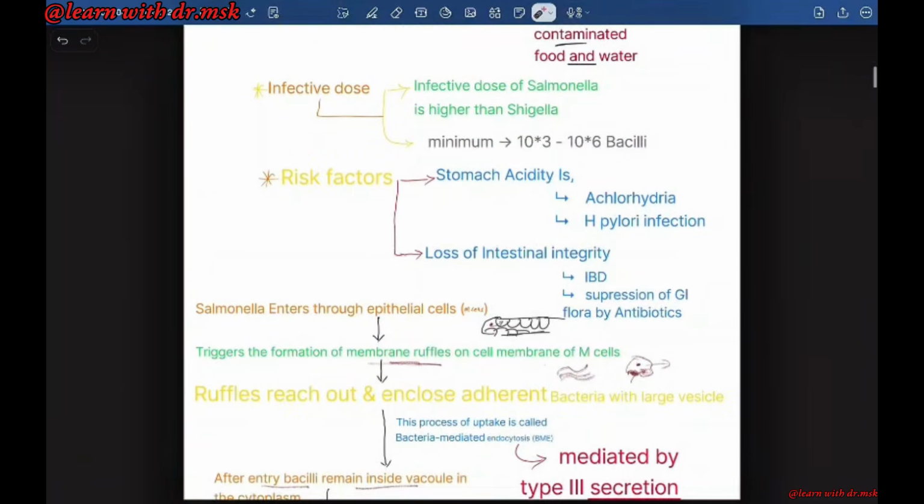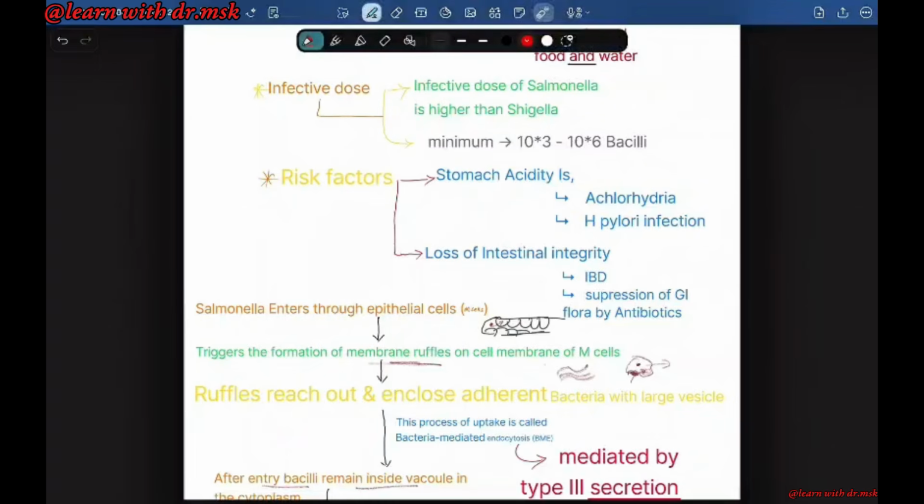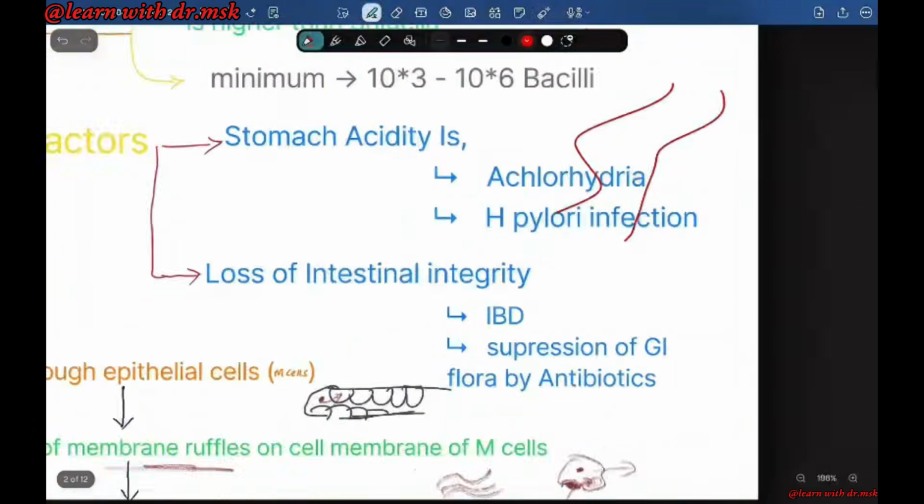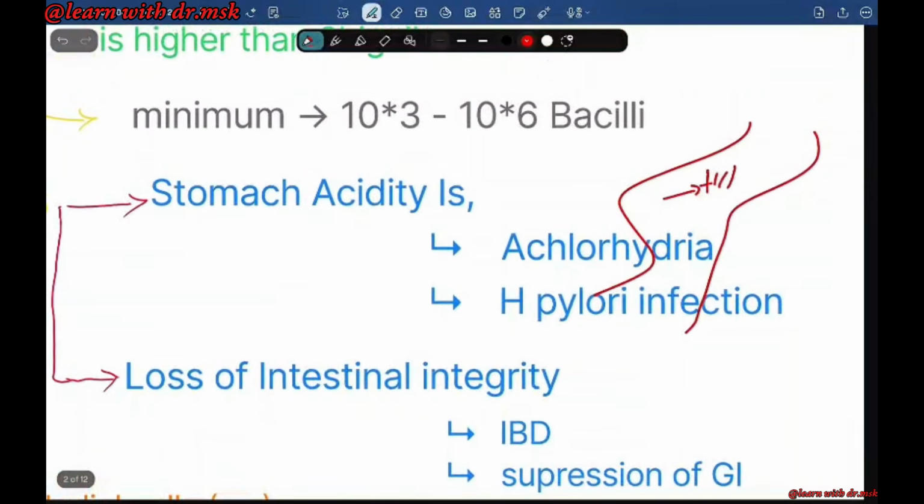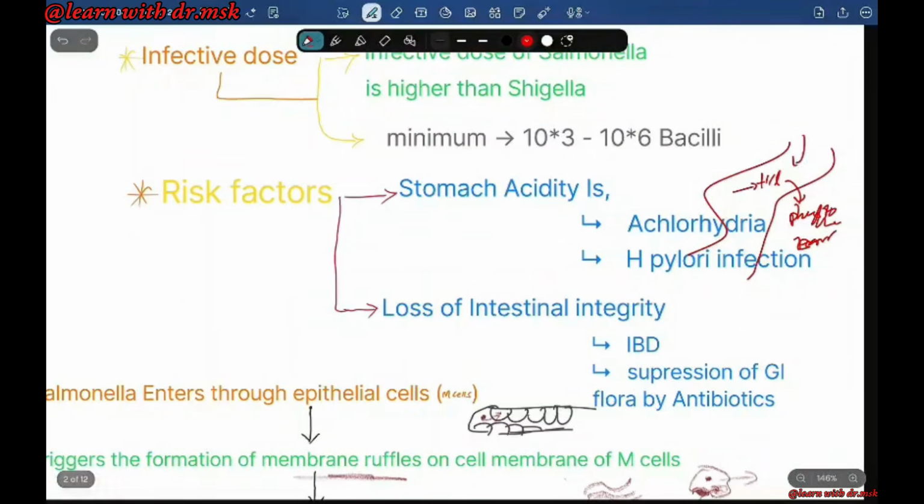What are the risk factors? The risk factors are stomach acidity and the loss of intestinal integrity. Why are stomach acidity and loss of integrity contributing to Salmonella typhi? As we know, the stomach produces an acid. Acid is a physiological and chemical barrier, so that bacteria don't